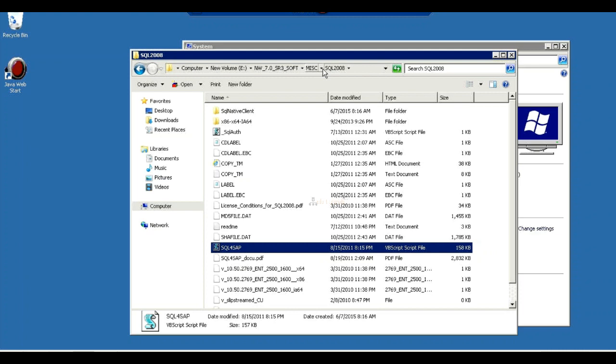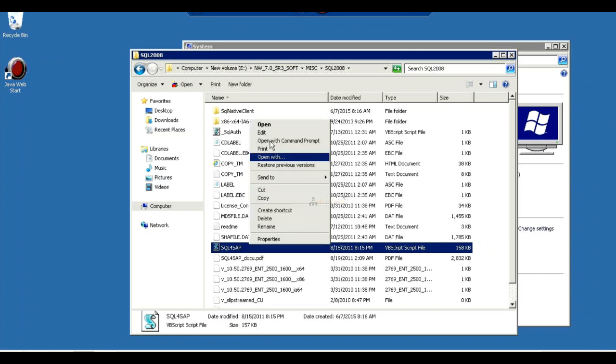When you are starting the SQL Server installation, we need to use this file, SQL4 for SAP. This is not a standalone database; we are using this database for our SAP. We need to run this script, SQL4 for SAP.